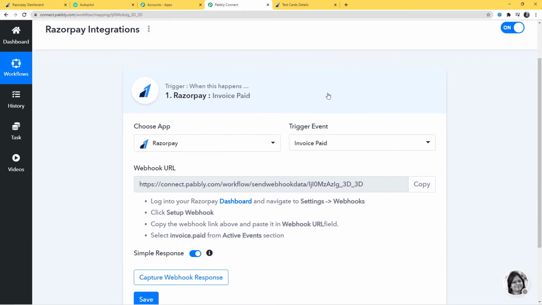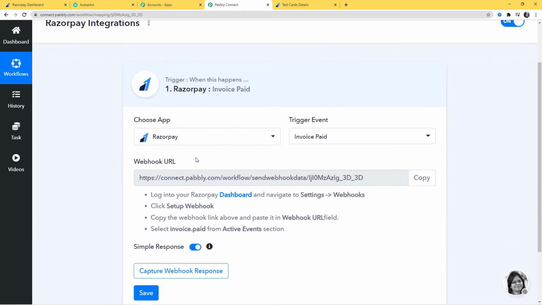So now when you come down here, you can see this term called webhook URL. So what is webhook? Webhook is an essential way to get data from an external software at Pabbly's end. So this webhook helps you to build a connection between the trigger software application and Pabbly Connect. So after choosing the app and choosing the trigger event, what we do is we copy this webhook URL from here and we go and paste it inside the trigger software application, which is Razorpay in our case. So here you can carefully read the instructions written over here. You can just follow them.